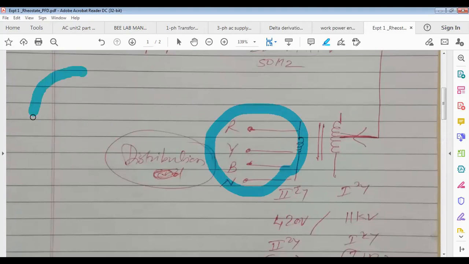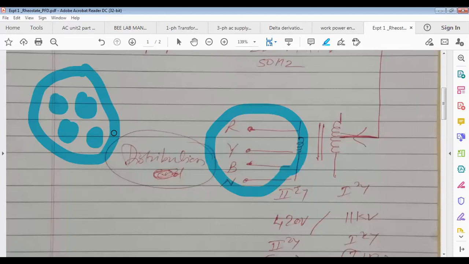And that cable, if you see the cut section, has 4 cores. One is R, another is Y, next is B, and the last one is neutral. Like this, the cable is tapped from the transformer and given in our college to all buildings. One cable to A building, B, C, D, E, like this. Workshop, marine. So to every building, and at your home also, up to whatever your building is,